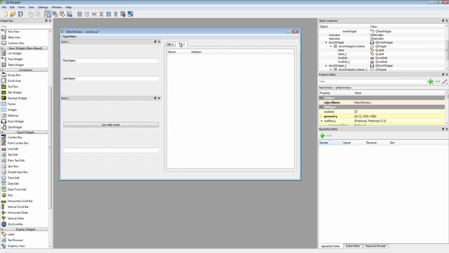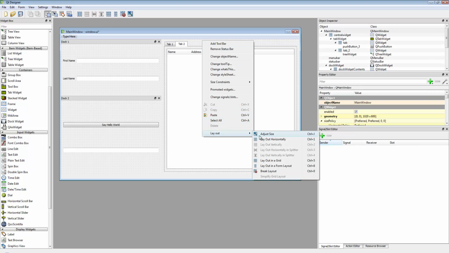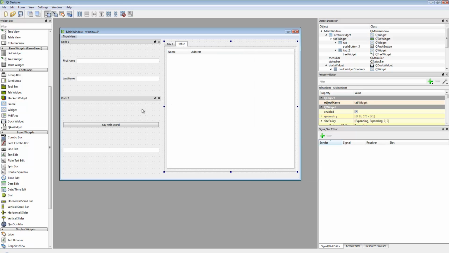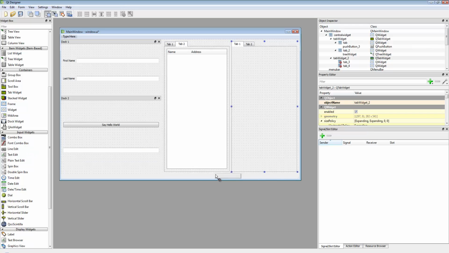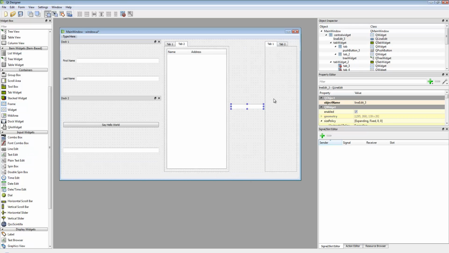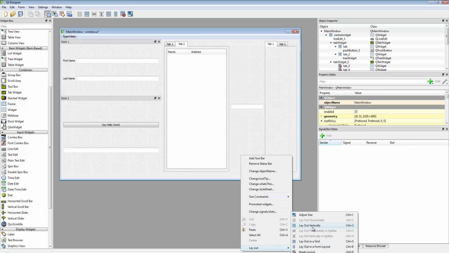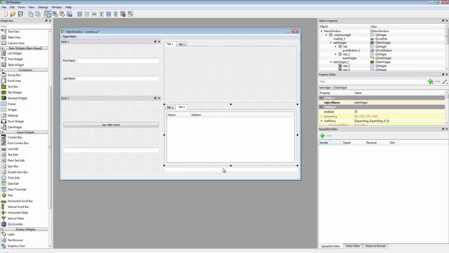If you remember from the first video when we created this tab, we gave the area behind it a vertical layout, and if I come into here now and I give a horizontal layout, nothing's going to change at the moment, but if I put another tab widget in here, what you'll see is that they're now laid out horizontally, and it doesn't matter where I put these items, they're always going to be laid out in a horizontal format. But again, we can change the layout to vertical, and it lays them out vertically,